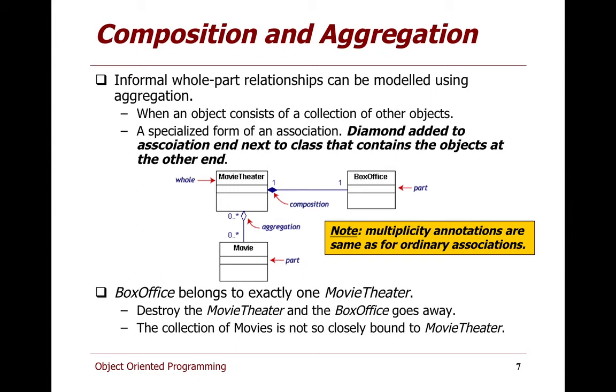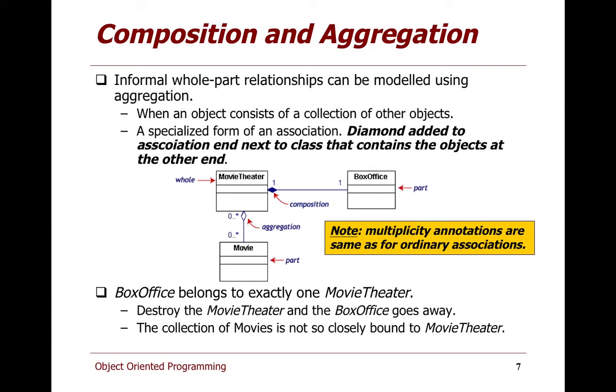I do not see them as separate entities. I see the movie theatre and I pay to see a movie. That is handled internally through a box office, hopefully through the process of delegation. But the box office itself is going to be stored as an instance variable at a top level inside a class called movie theatre. The movie theatre, on the other hand, may be showing many different movies.